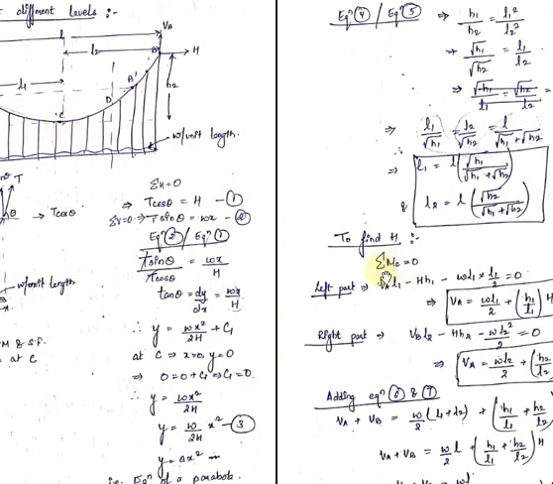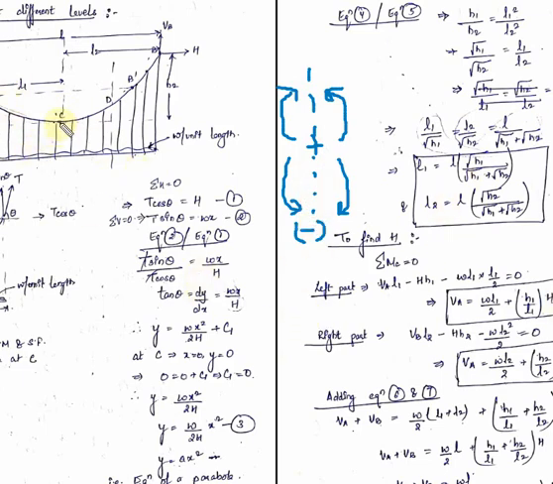Now in order to find the moment at C point equal to 0, either we can take the left part of the C point or we can take the right part of the C point. So first we will take the left part of the C point. In order to write the bending equations, we will use some sign conventions. The sign convention which I will be using is that the sagging bending moment is positive, and the hogging bending moment is negative. So this type of bending moment I will take as negative. So this is your section.